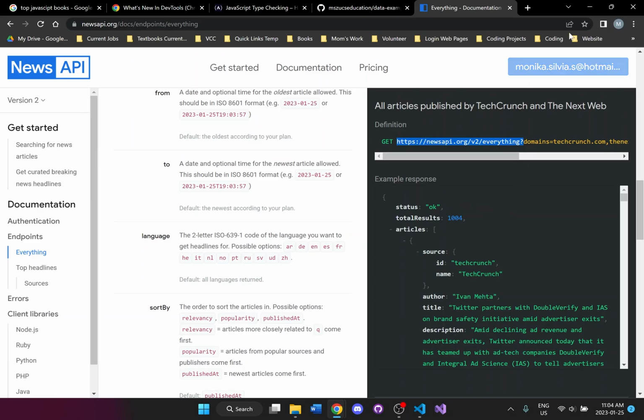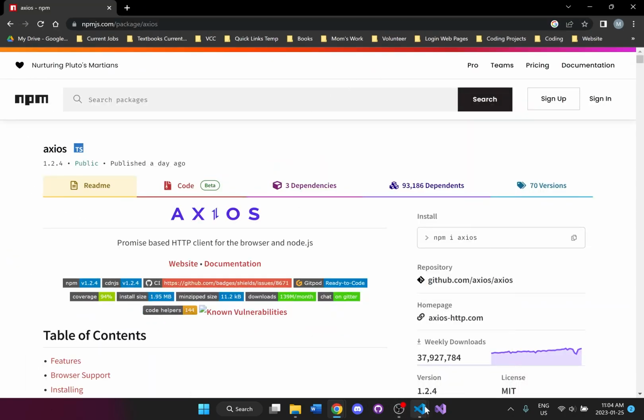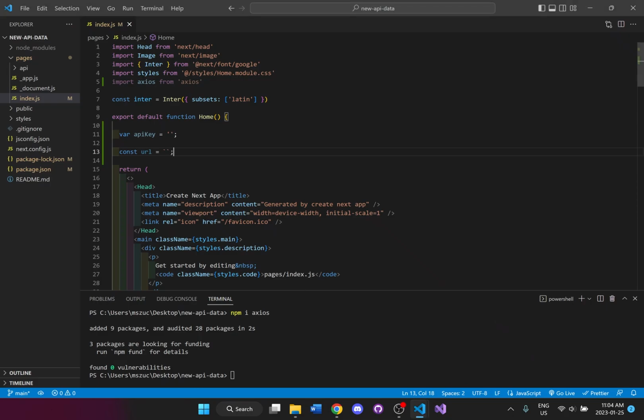and I'm then going to go back to my code. For the URL, I'm going to paste this in, but I'm also going to add a few different variables that I want to filter through. I'll say Q is equal to Tesla, let's say.